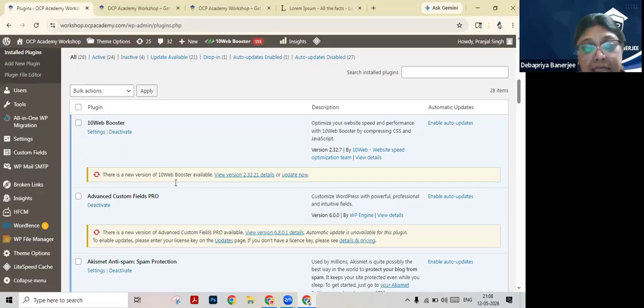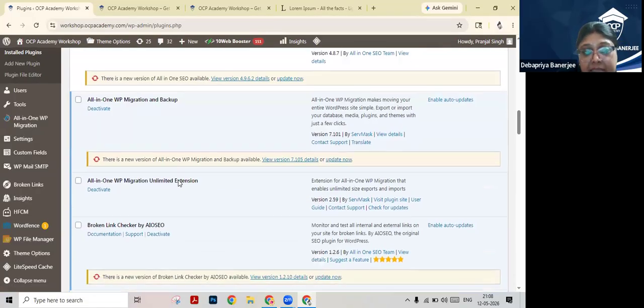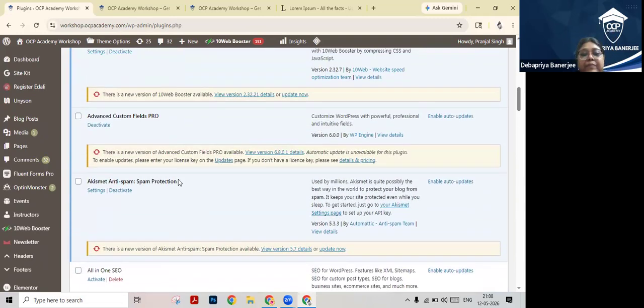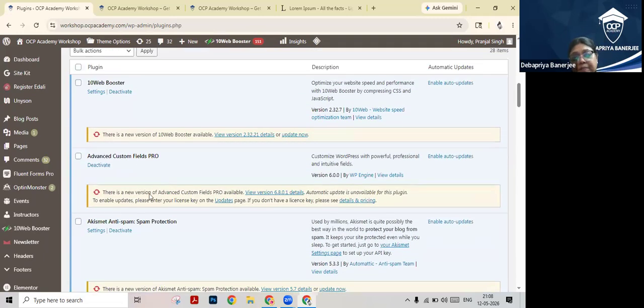So basically, see, these are some installed plugins which are being shown here. Okay. So what are plugins? Please search it on Google and let me know what is a plugin and why we need to use plugins. You do the homework right now, and then I will continue with this part. Just go to Google and search what is a plugin in WordPress and why it is necessary. And let me know.